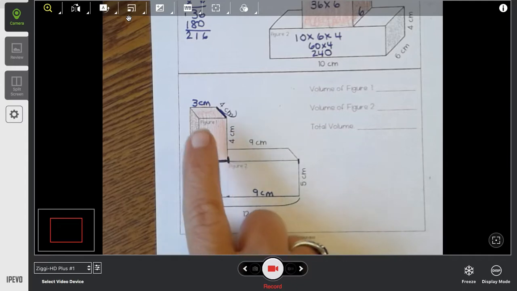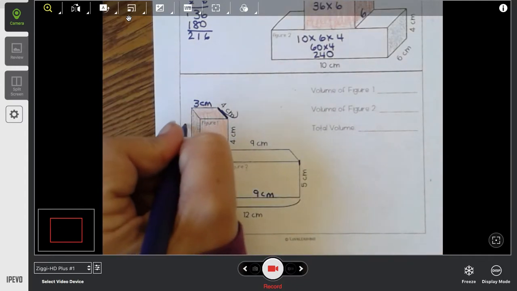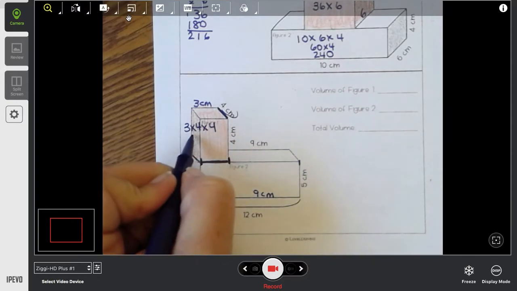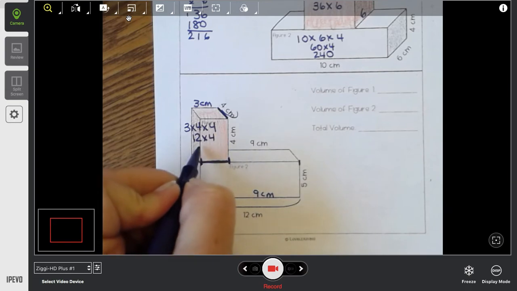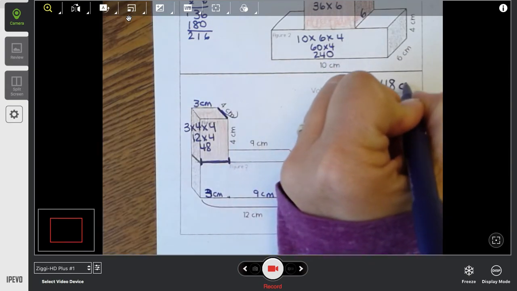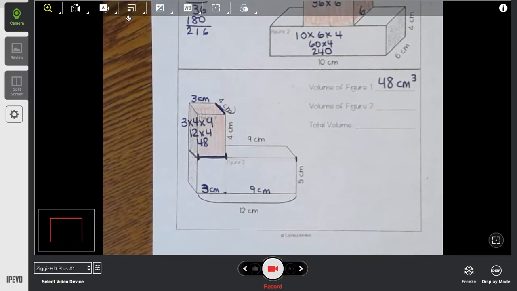So now I have all three of my measures, length, width, and height. So I can do length times width times height. 3 times 4 is 12, times 4 is 48. So figure 1, I have 48 cubic centimeters. So for volume 2,